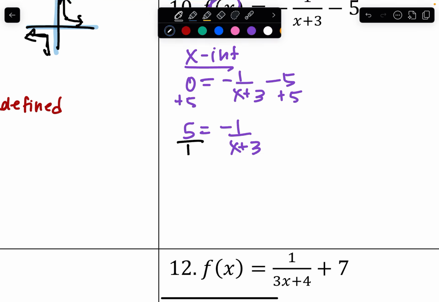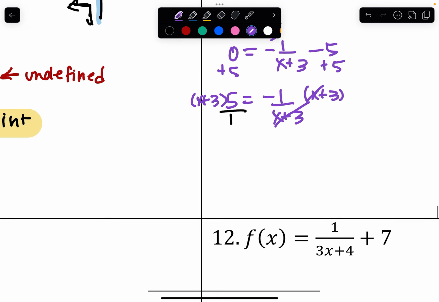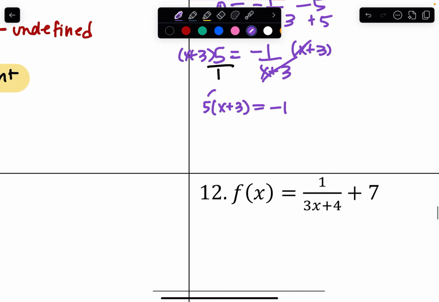We just need to multiply both sides by that denominator. So multiplying both sides by x plus 3. That would cancel and leave me with a 5 times an x plus 3 on the left and a -1 on the right. From here, you can distribute the 5